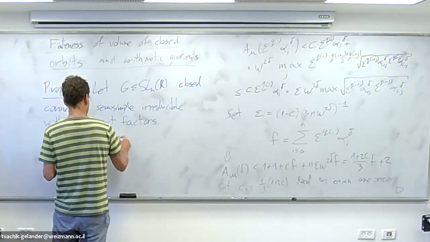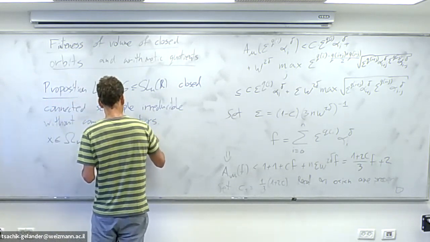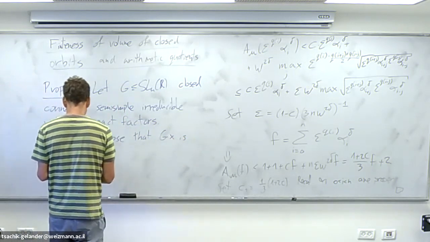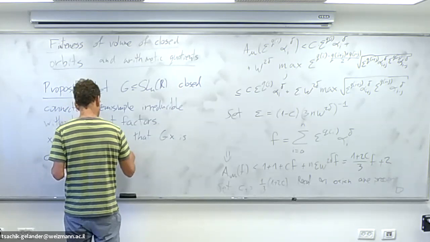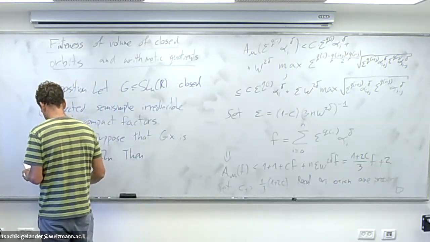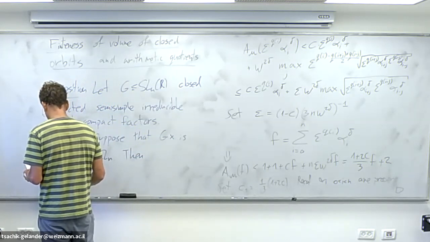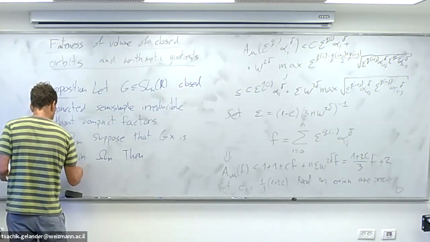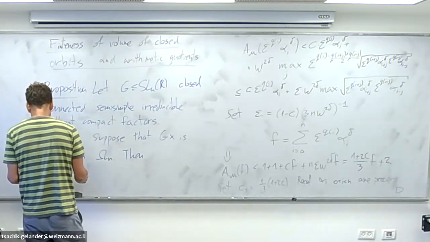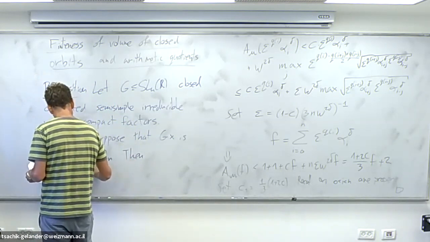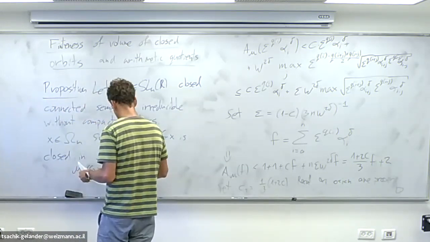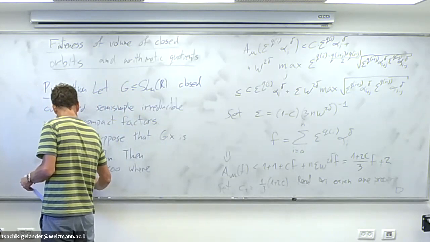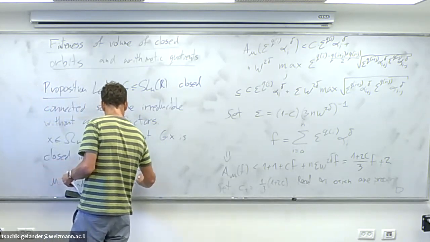Suppose that the orbit G times X is closed in Omega_n. Then, let's call it mu. Before, mu was a probability measure. Now it's a measure induced from Haar measure. So mu_G of GX is finite. Well, mu is the Haar measure induced from R on